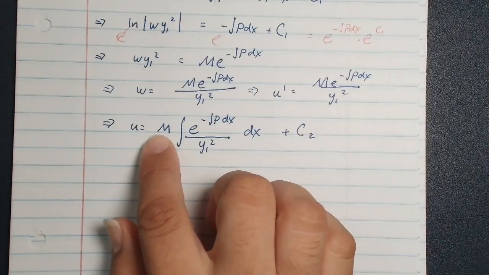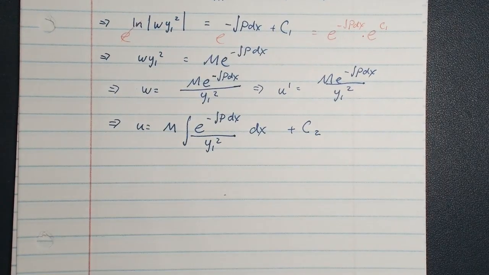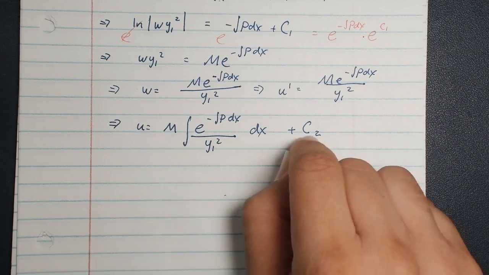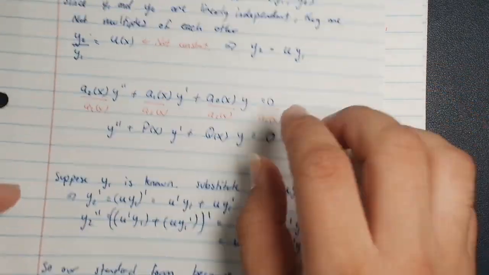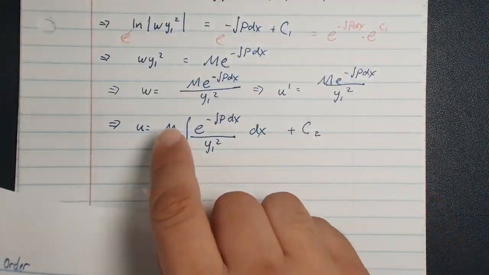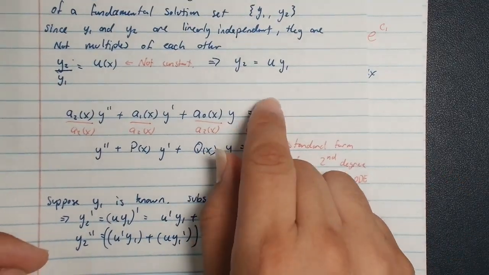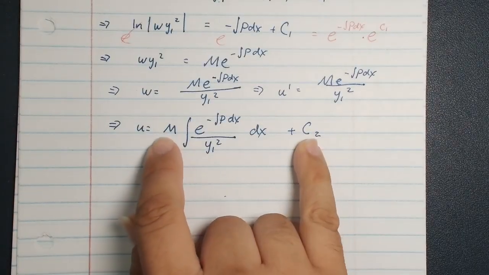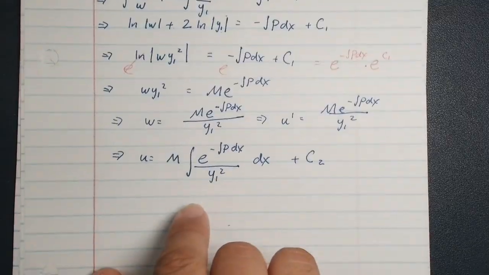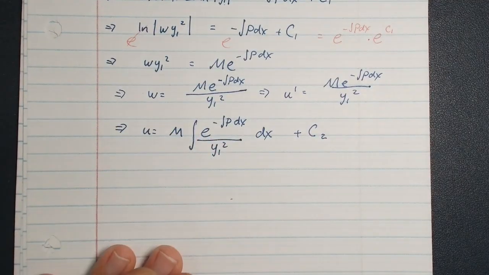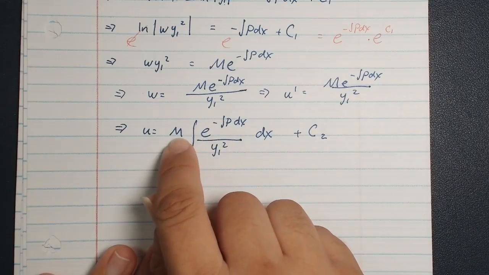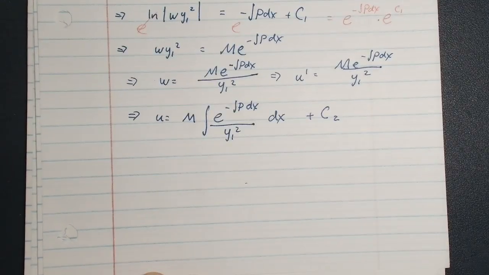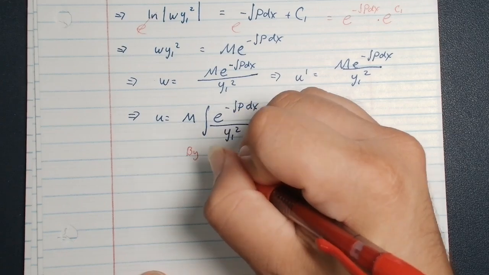Now notice that this is an arbitrary constant and this is an arbitrary constant. Okay, so what? So technically it works no matter what these constants are. Like if I put a 5 there and a -6 there, that'll actually work. Like I'll get a solution. y1 multiplied by 5 times this plus 6 will give me another solution that is part of the fundamental solution set. I can actually choose any constants. They're arbitrary, and there's nothing in here that tells me what they should be. They're completely arbitrary. So because they're completely arbitrary, we might as well be nice to ourselves and pick the simplest thing possible. Here, by convention, and nothing tells us we're supposed to do this, but I mean, come on, it'll make things easier. By convention,